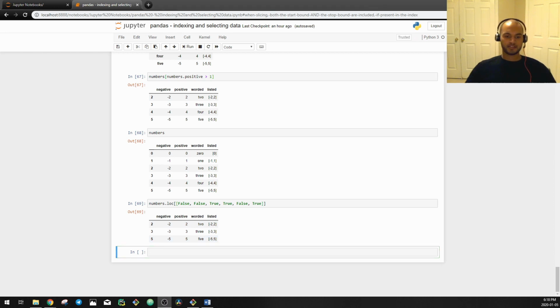And now, to pass in a callable, which is basically a function with one argument, we can do numbers.loc or numbers.iloc or with the square brackets, doesn't matter. And we can pass in, let's say, I want all rows, but the columns I want are the positive and worded column. Well, if you have a user-defined function, you can pass it in here, or if you make an anonymous function, such as a lambda function, you can pass it. So since I'm going to be getting a data frame back, because I have two columns, I'm just going to say df,